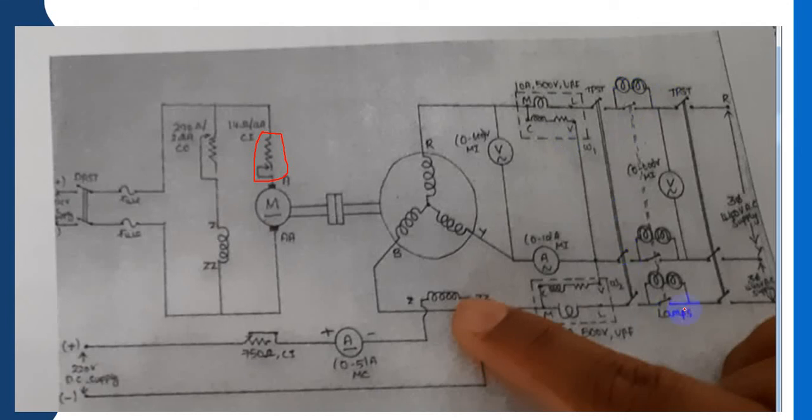And here I will explain the lamp connection. From a wattmeter through a switch, a lamp load is connected. Again from the lamp through a switch, it is connected to the three-phase AC supply. In detail, we will explain while conducting the experiment. So look at the procedure to conduct this experiment. The procedure I am going to explain now is a brief, short procedure. Later I will explain the procedure in detail.